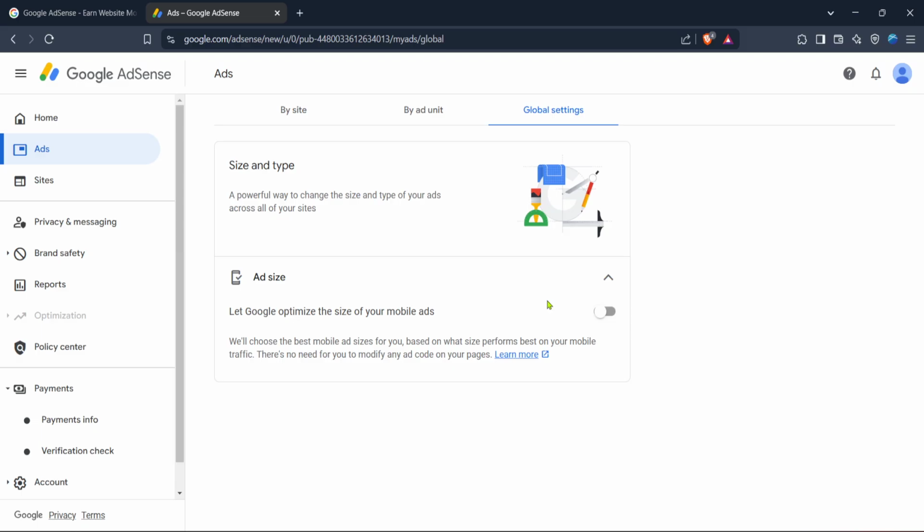You now know how to create ads with Google AdSense in just a few simple steps. Keep experimenting with different ad formats to see which performs best for your